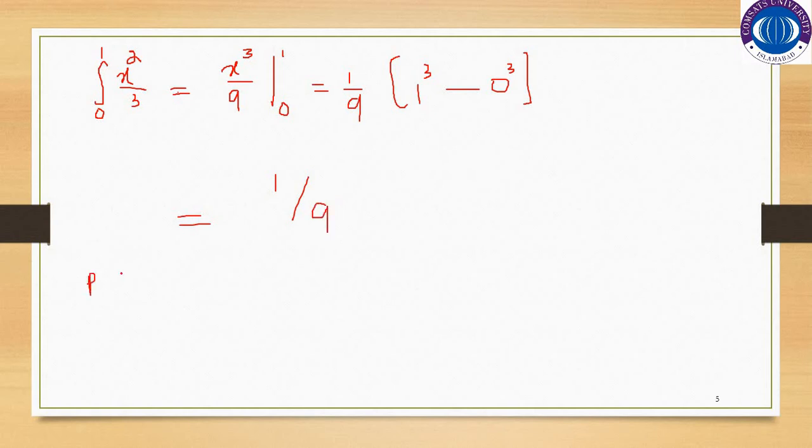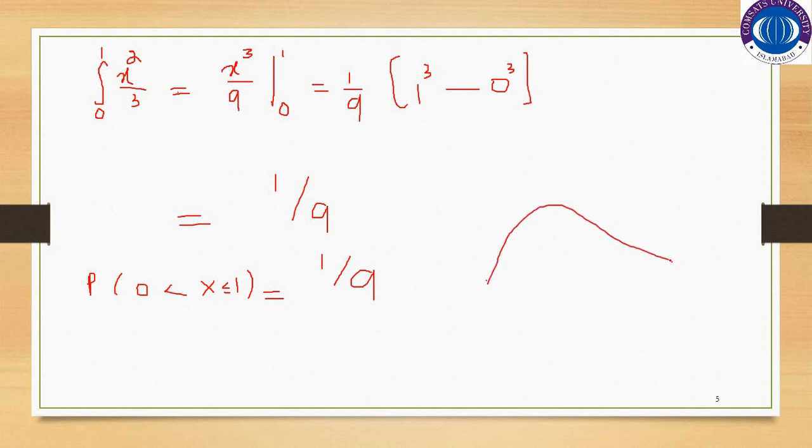So the area between this particular range is 1 by 9. So here we can have the area between the curve, as if we assume that this is the shape